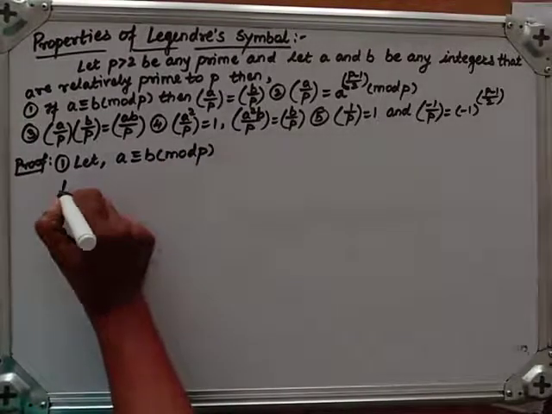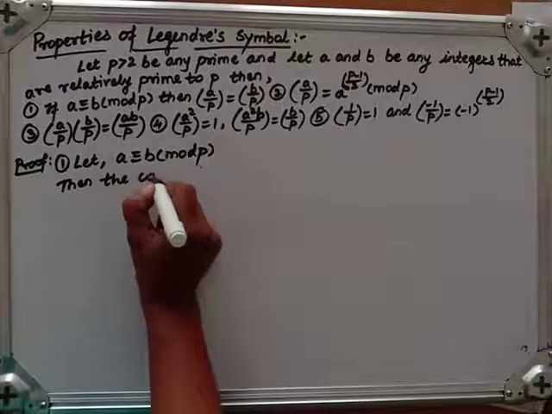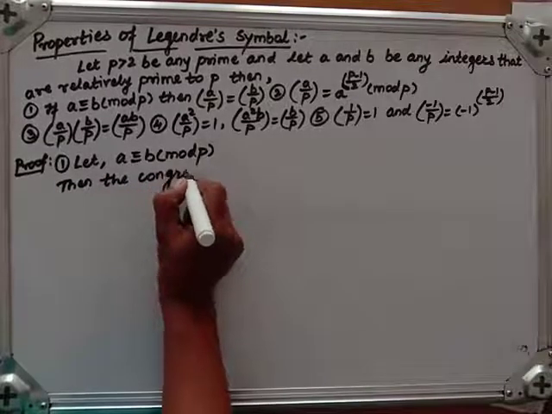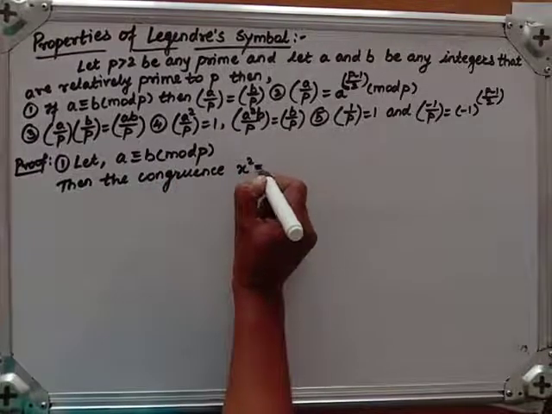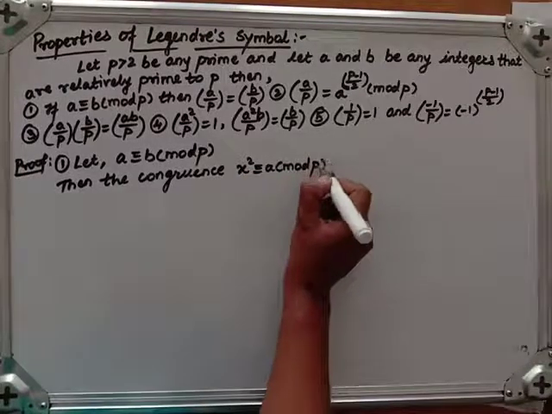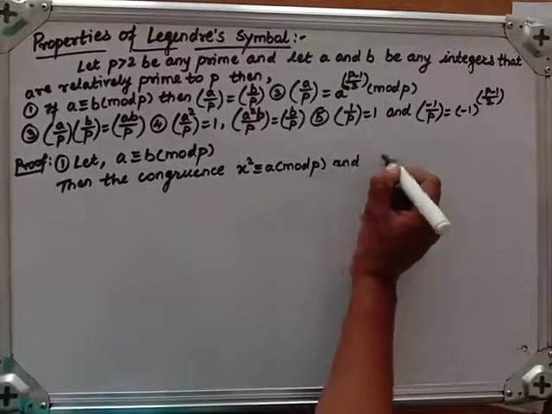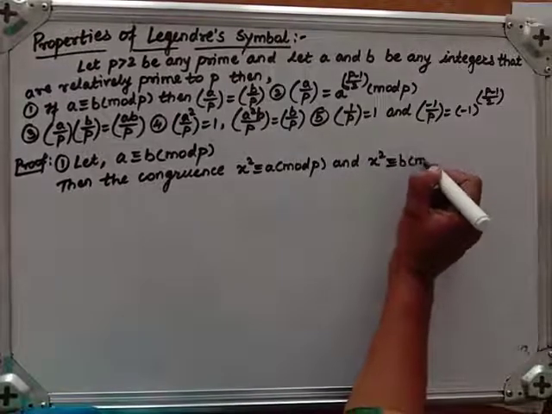Then the congruence x square congruent to a modulo p and x square congruent to b modulo p